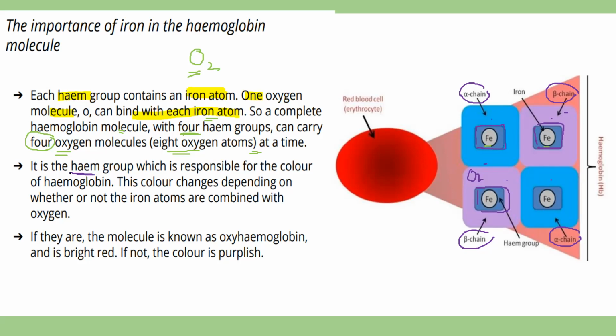ठीक है? So the heme group is the one actually बेटा which gives color. जो red color आ रहा है वो, that is because of the heme group, and the color changes depending on whether or not the iron atoms are combined with oxygen. So जब उसके साथ oxygen attached होती है बेटे, then we get this color, जो blood का color आपको red नजर आ रहा होता है. ठीक है? Because oxyhemoglobin बन जाता है. Because when oxygen is attached to this iron on the heme group, the molecule that is made is known as oxyhemoglobin. ठीक है? This is what gives this bright red color to the blood.